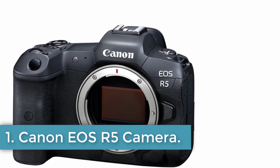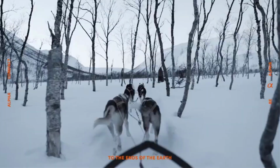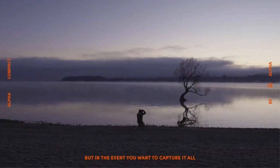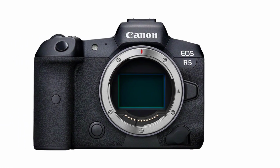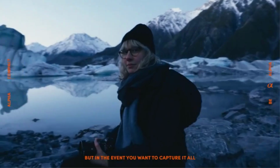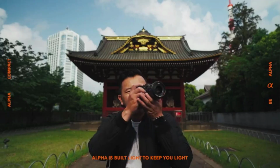The Canon EOS R5 is a high-performance mirrorless camera designed for professional photographers and videographers, offering exceptional image quality and advanced features. It boasts a 45-megapixel full-frame CMOS sensor with backside illumination for outstanding low-light performance, clarity, and detail. Powered by the Digic X image processor, it supports an ISO range of 100 to 51200, expandable to 102400, and